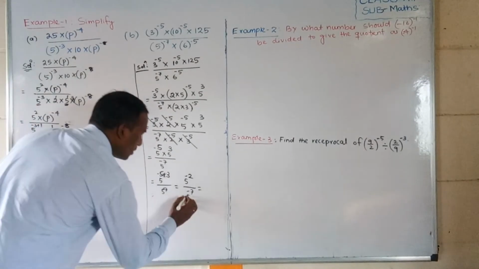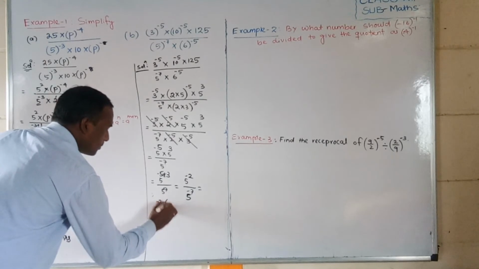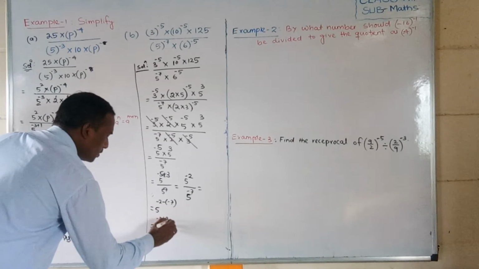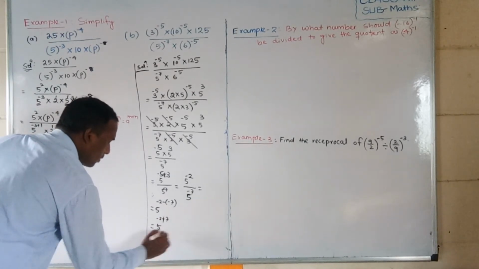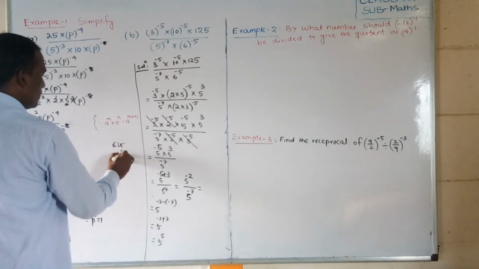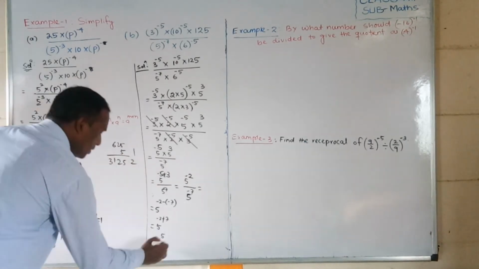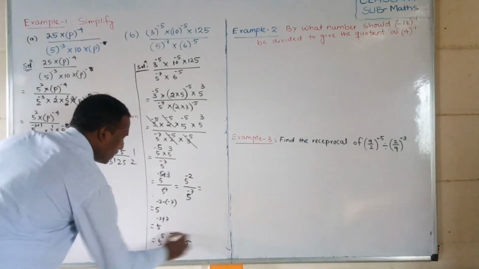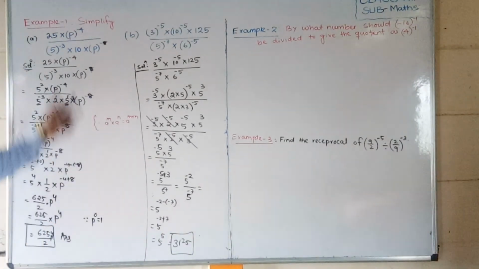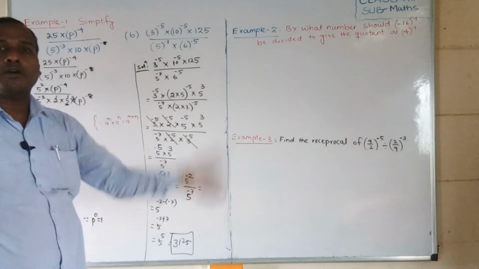Now we can do this: 5 to the power minus 2 minus minus 7 is equal to 5 to the power minus 2 plus 7, which is equal to 5 to the power 5. So 5 to the power 5 is 5 to the power 4, which is 625, into 5, which is 3125. That is our answer. I hope you have understood. Just remember, students, that according to the base you have to simplify.